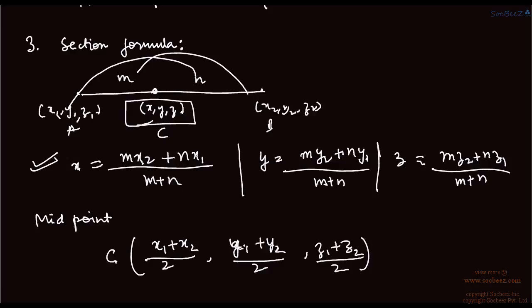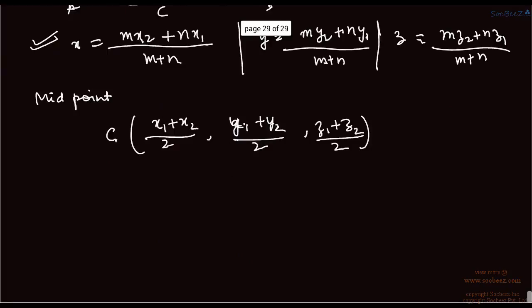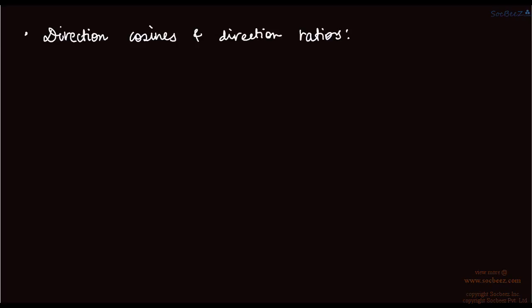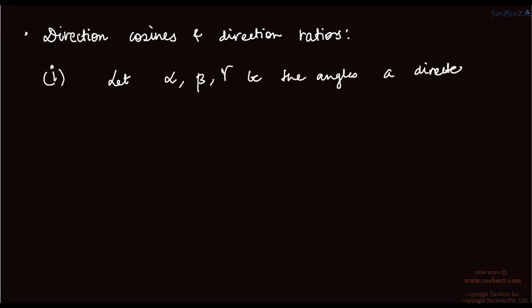Now we'll move on to the direction cosines and direction ratios. Now, first of all, direction cosines. So direction cosines, let's say we have alpha, beta, and gamma be the angles a directed line